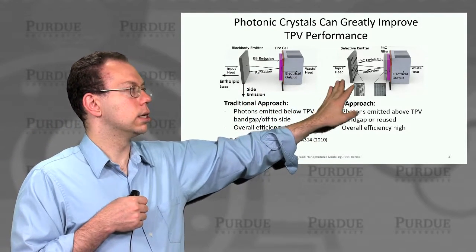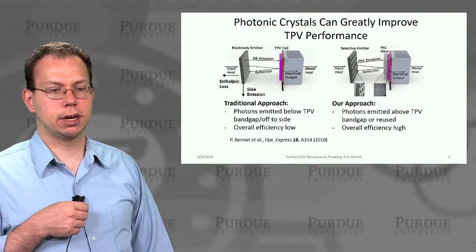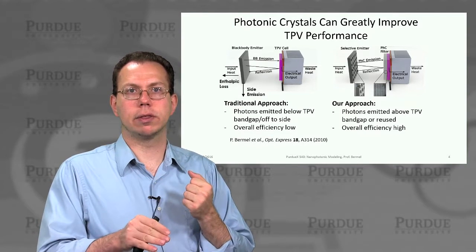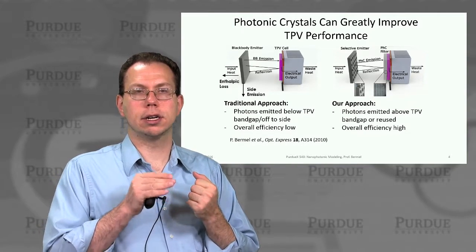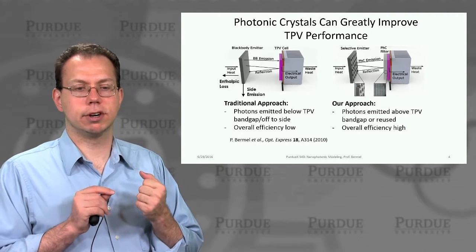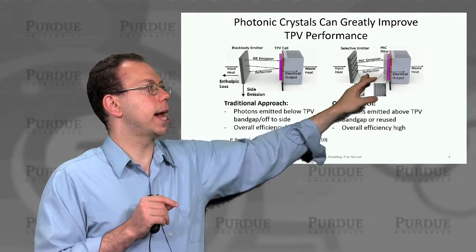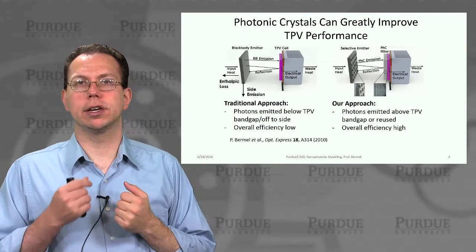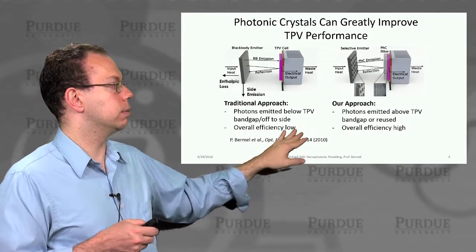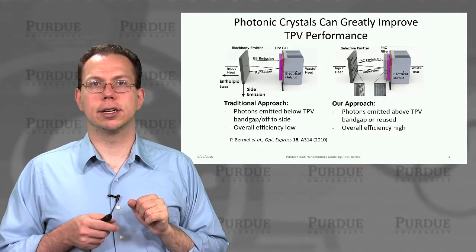Okay. And then others can be reflected off to the side, and you can have other types of losses. Now, if you have a photonic crystal, on the other hand, or another selective emitter for that matter, then what it can do is basically reduce the emissivity at wavelengths that correspond to energies below the band gap of the receiver. And you can also recycle some of the emitted light back onto the emitter itself, so then you can reuse that heat for another emission. And there's a paper from about 6 years ago that actually explains all the details of how this works.